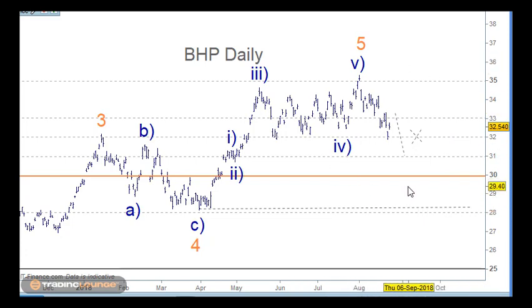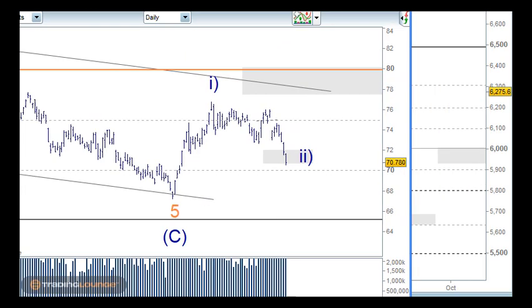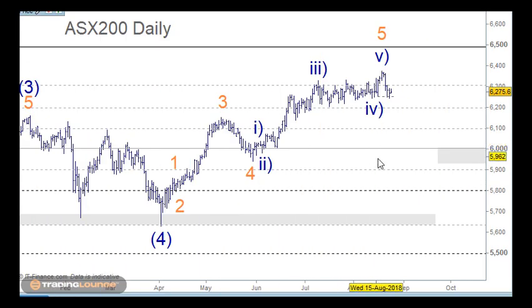But this top here, we've got to figure out what's going to drag the ASX200 down, so we can start looking at those. If it's this market, we can look at the commodities. So let's see what happens with CBA here, the CBA on the daily chart. With this market here, there's a couple of things. First of all,